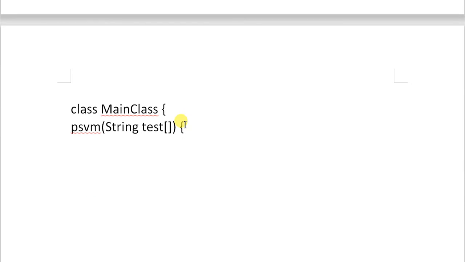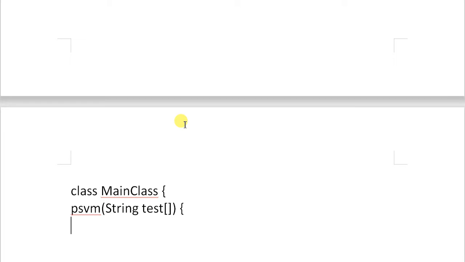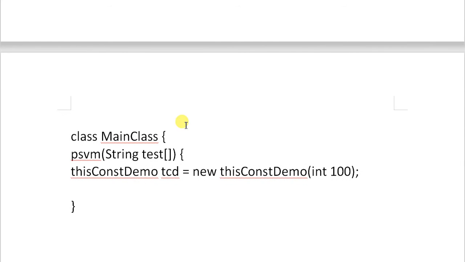How can we invoke the parameterized constructor? Let me copy the class name, and here the integer, let's say number 1, or I'll just give the value directly, 100. If I give the value, what will happen?